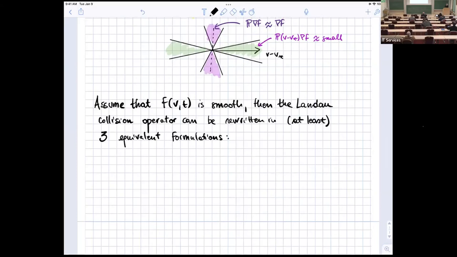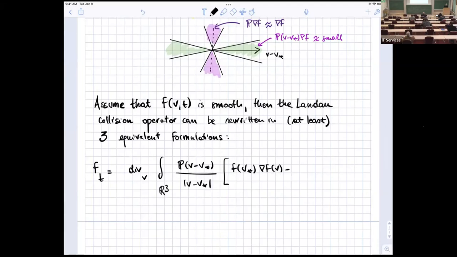If we start with the original one, we have the divergence of this vector, the projection matrix P of v minus v star over the kernel, and then the 2 terms, f of v star gradient f of v minus f of v gradient in v star, in dv star. So assuming f is smooth,